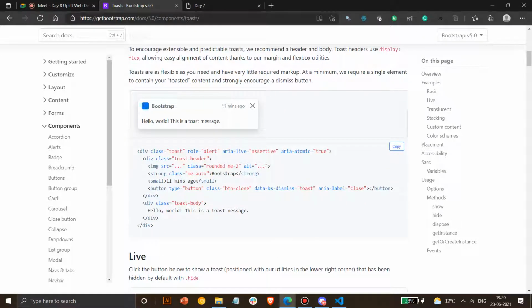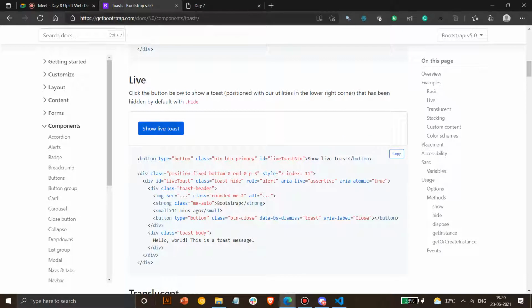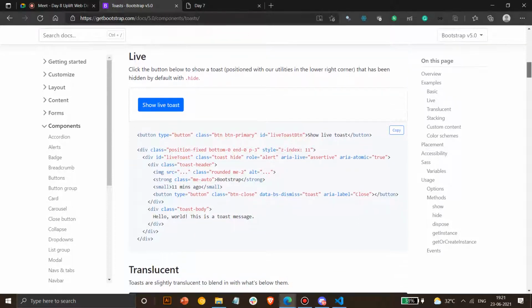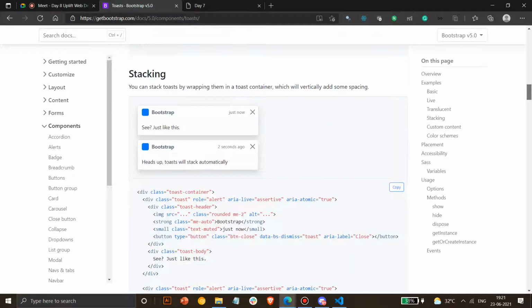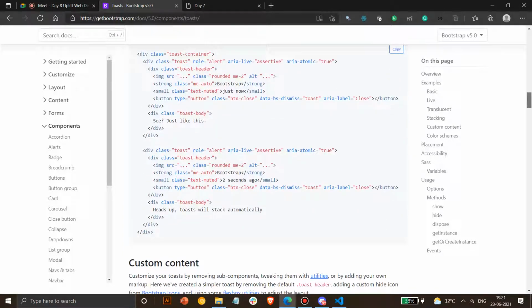So you can use toast anywhere, it will be used as an alert. And to click, same thing, if you have to toggle it, you have to specify the data, you have to specify the ID for it, and you have to call that ID specifically here or anywhere. So this is an example. See, you can see a toast down. You can specify the location for it too, so that's completely on you.